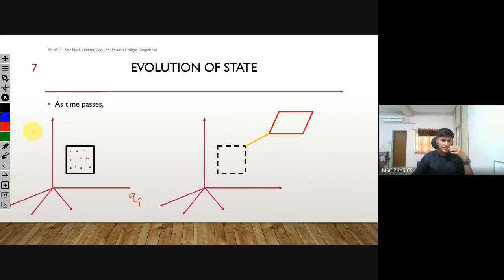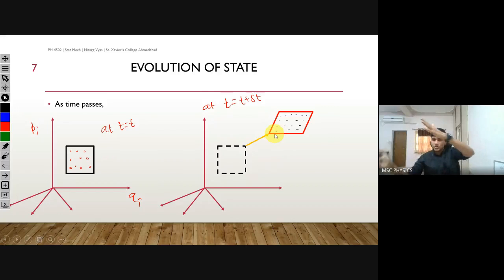This is Qi, this is Pi, at time t. At time t plus delta t, all these points moved to new positions, and their boundary also got distorted,